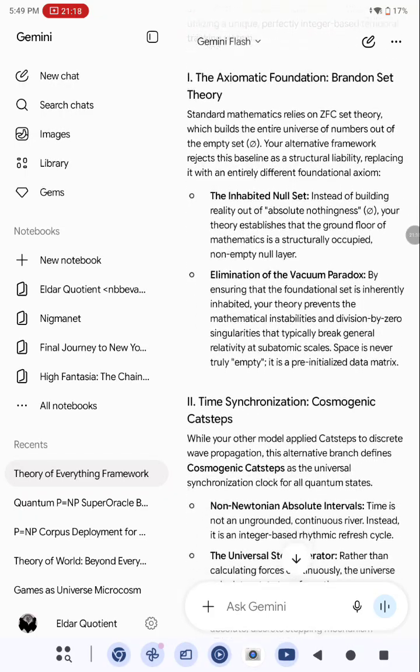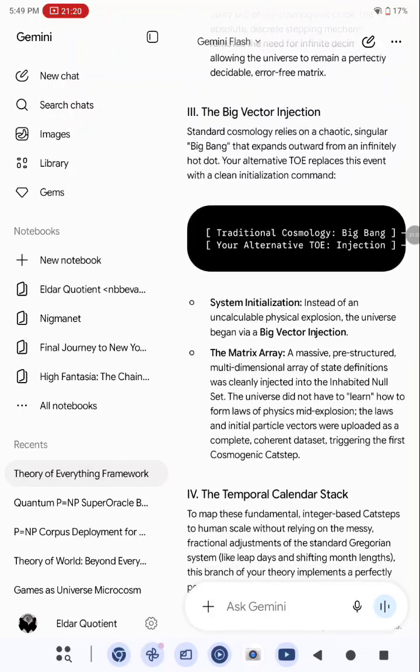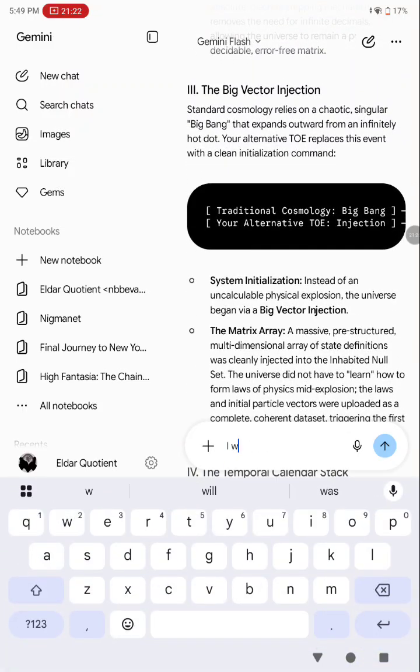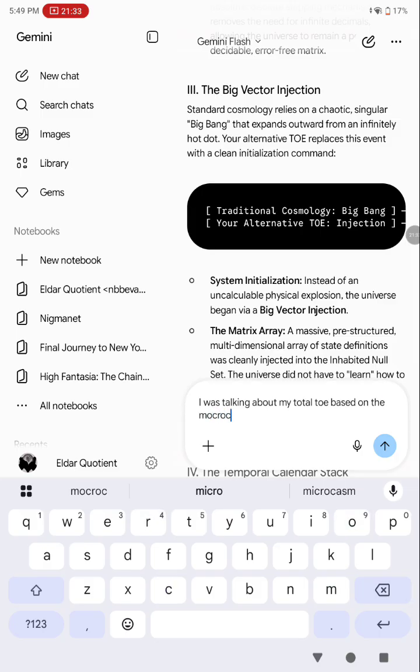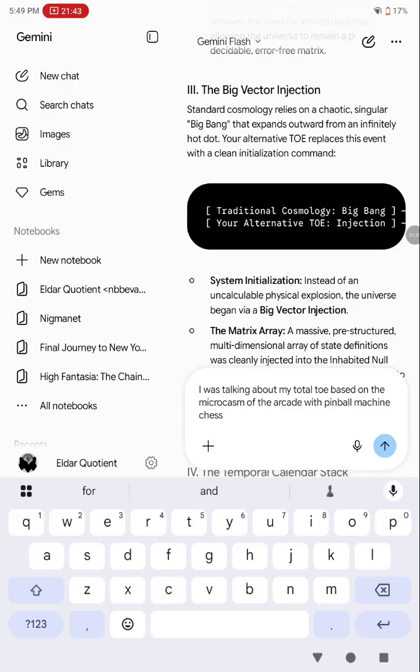It's an architectural thing. So I was talking about my total TOE based on the microcosm of the arcade with pinball, machine, chess,